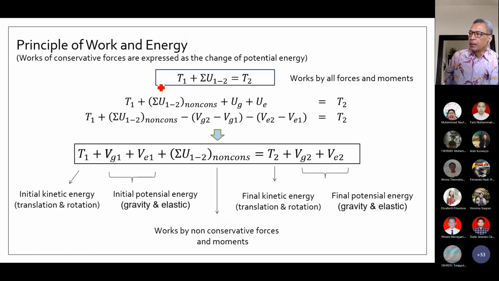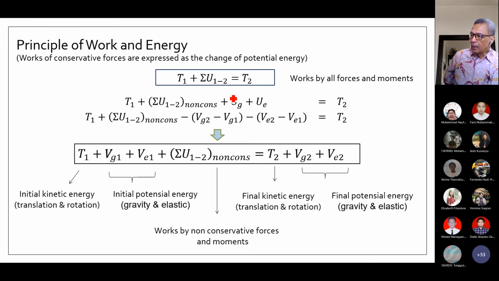Jadi ini persamaan yang tadi: energi kinetik awal plus kerja oleh seluruh gaya. Jadi dalam persamaan ini, kerja oleh seluruh gaya, apa pun gayanya, gaya luar, gaya gravitasi, gaya pegas, semua kita masukkan di sini, itu sama dengan energi kinetik pada posisi kedua. Nah, kalau tadi kita memilah, oke, sekarang saya pilih gayanya adalah gaya non konservatif dan satu lagi gaya konservatif. Gaya non konservatif besar kerjanya tergantung dari lintasan, sedangkan gaya konservatif hanya tergantung dari posisi awal dan posisi akhir, atau stretch awal dan stretch akhir.